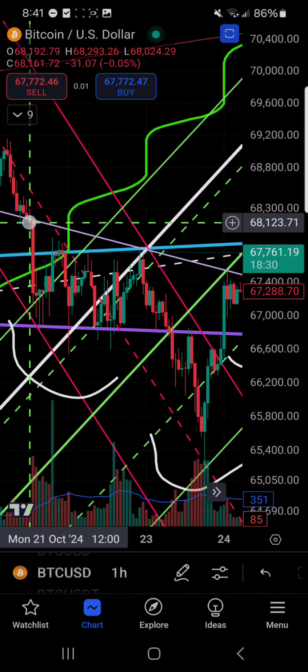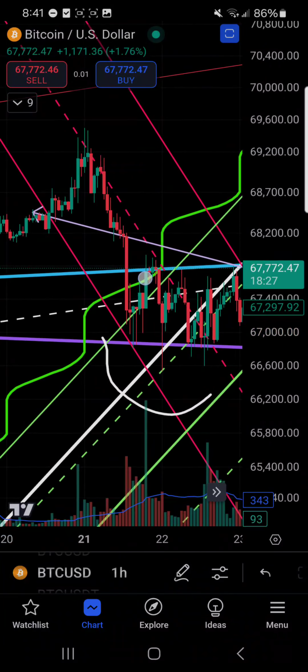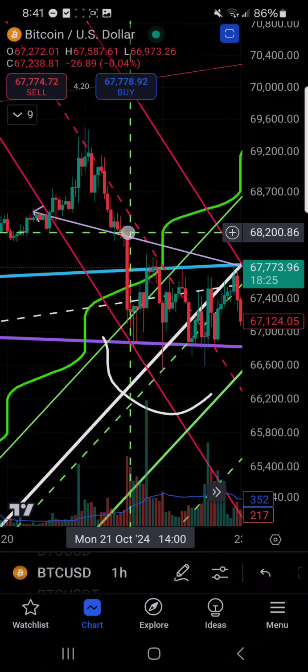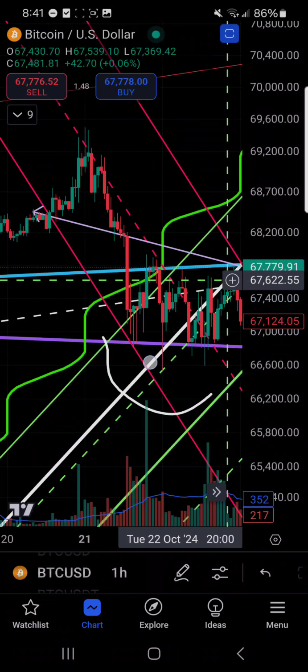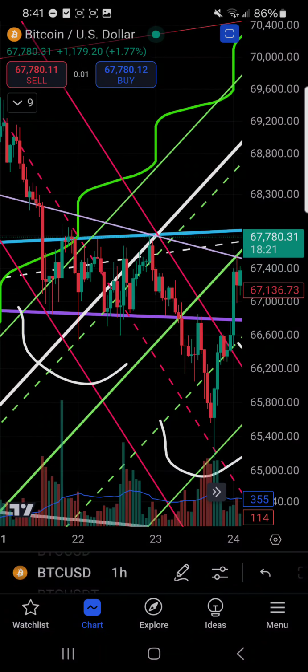And that point and this point here. We have a lot of little touches right here along that neckline. And so what that is doing,